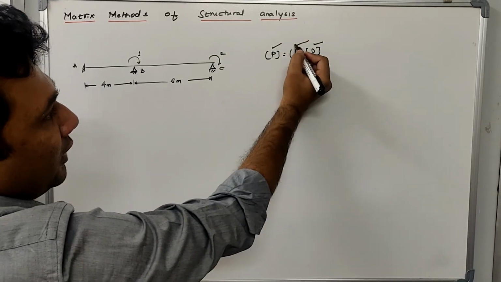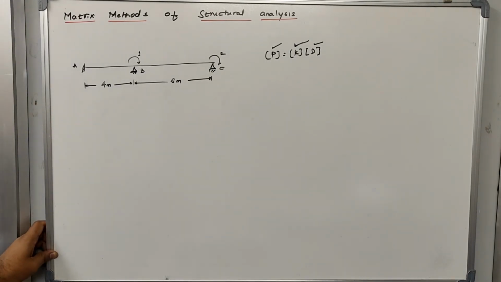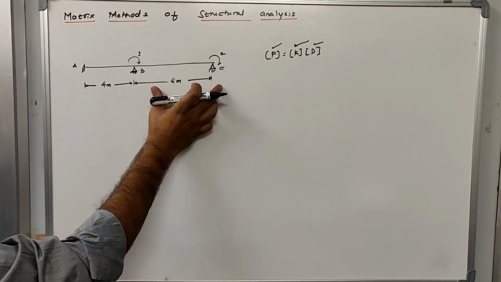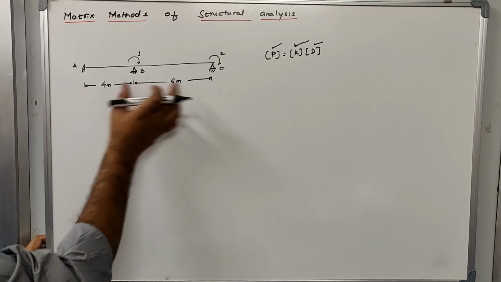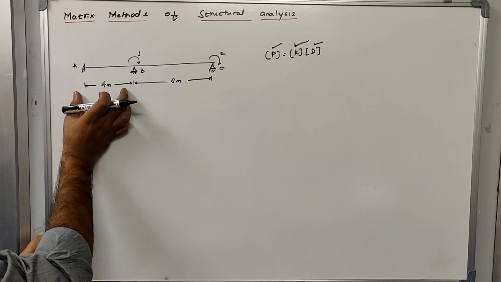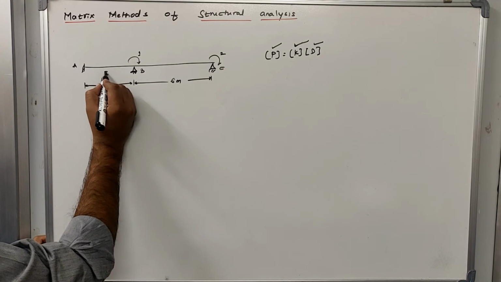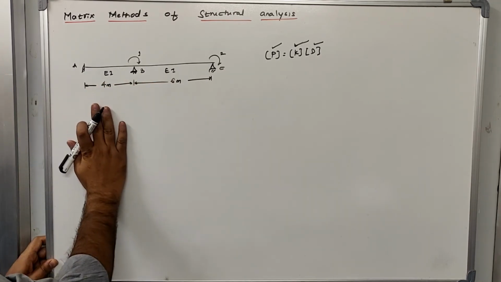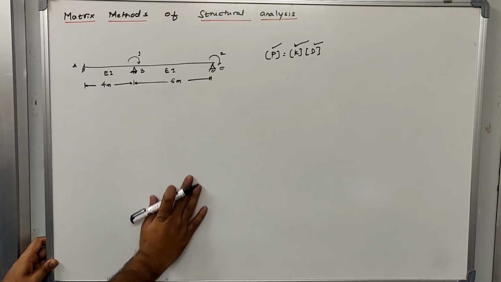First let us try to understand what a stiffness matrix is and how to develop it. Now there is a problem that is asked to you. This is a continuous beam which has 2 legs, which is 2 beams. The first beam is AB, the second beam is BC. The first beam has a length of 4 meter, the second beam has a length of 6 meter. Now assuming that EI is constant, EI representing the flexural rigidity, if EI is constant, we need to determine the stiffness matrix for this.